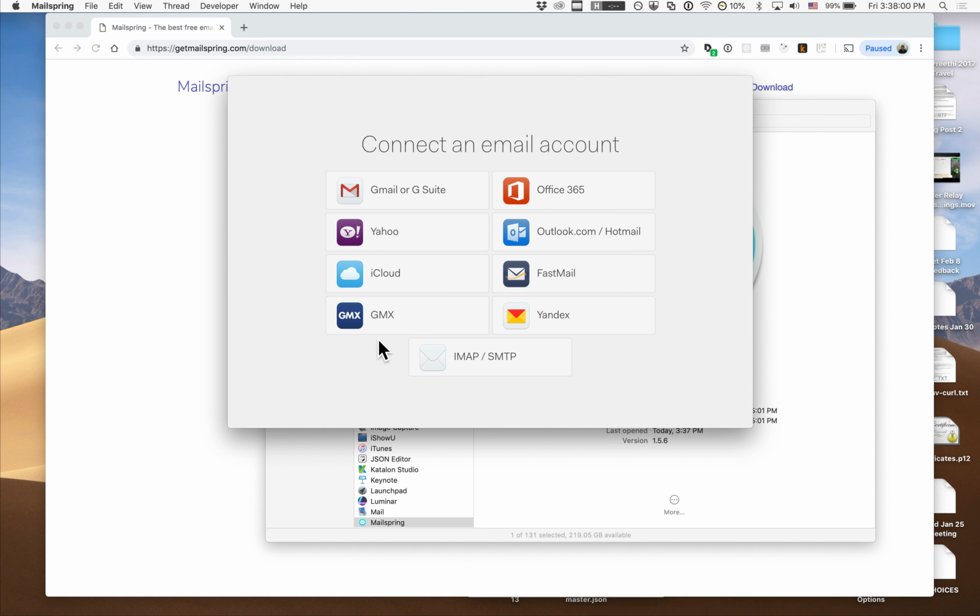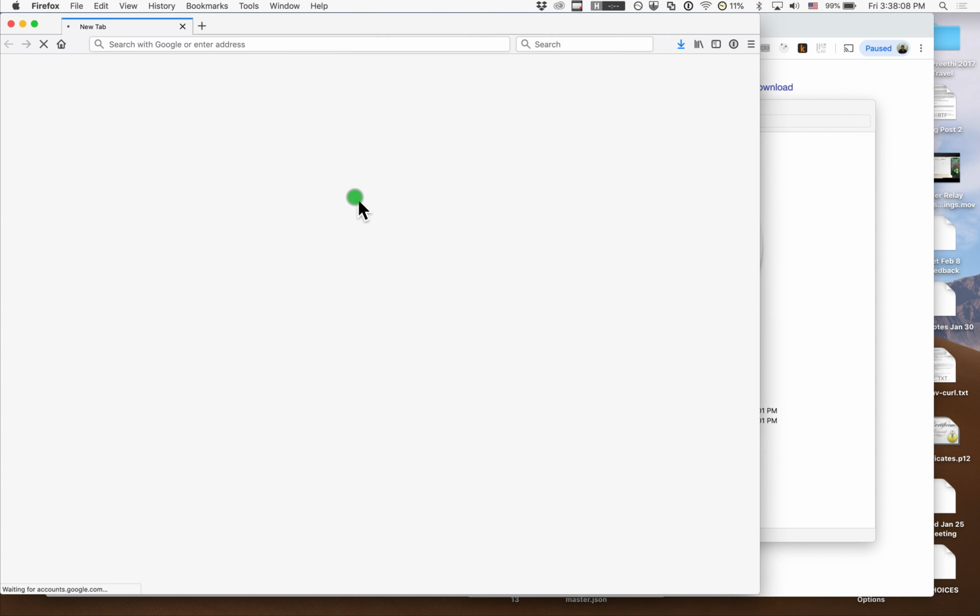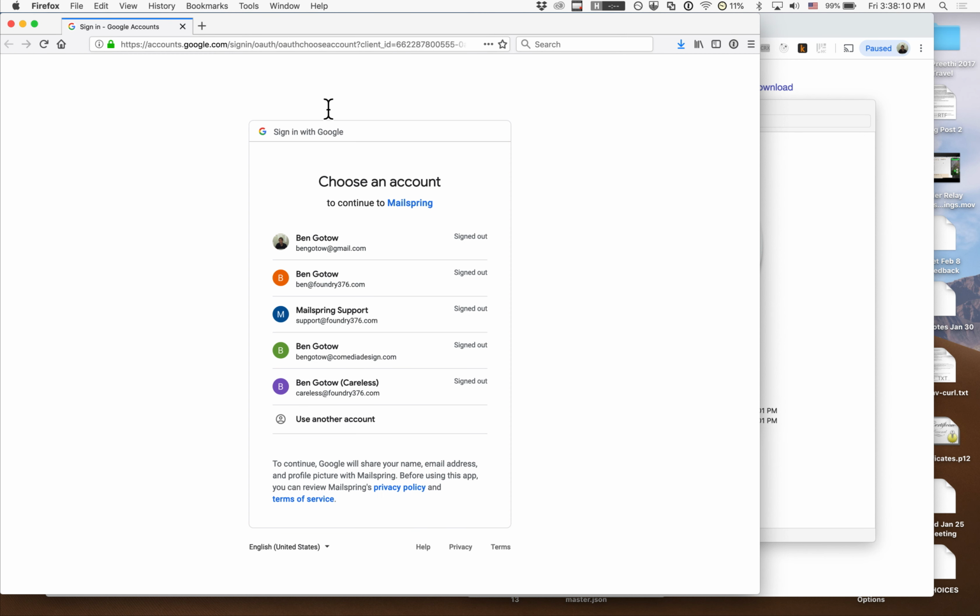After I do that, the app prompts me to link my first email account. For the purposes of this demo, we're going to choose Gmail. This redirects me to a web browser and says choose an account to continue with Mailspring. You'll notice up here, if we look in the URL, that the redirect URL, the destination of this OAuth flow, is localhost. So once we complete this, it's going to go straight back to the application with the refresh and